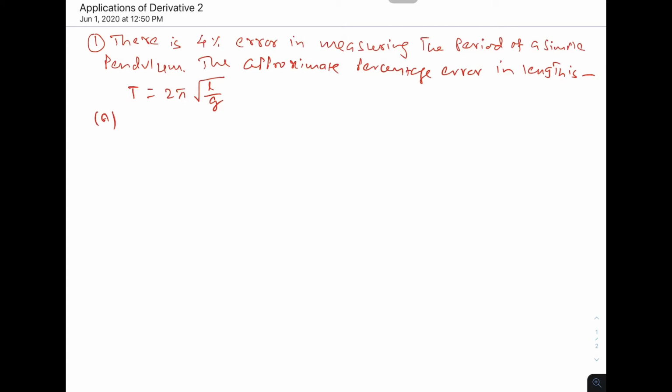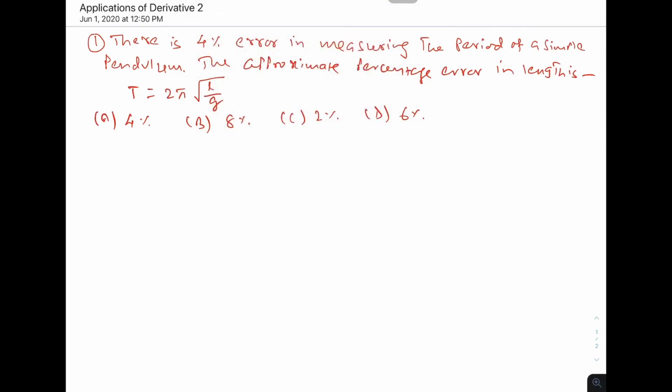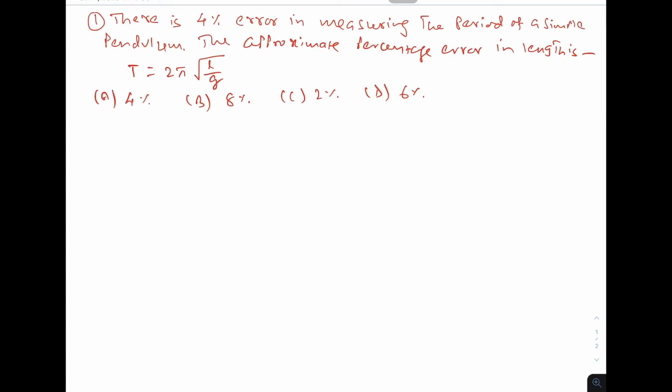The options are 4%, 8%, 2%, 6%. Now friends, here I give one simple shortcut. We don't need to do much work. Like this, T is 2 pi root L by root G, and this is a constant, so we can say that